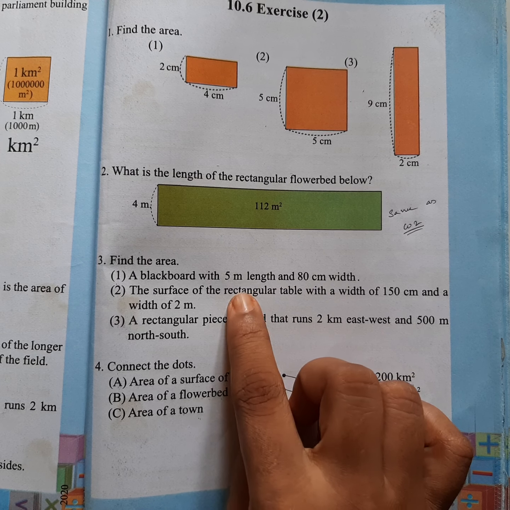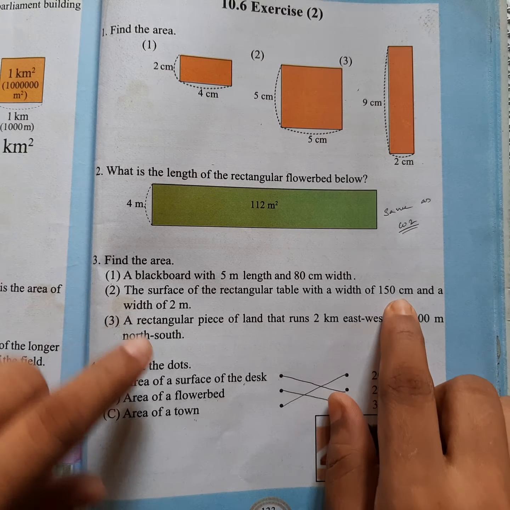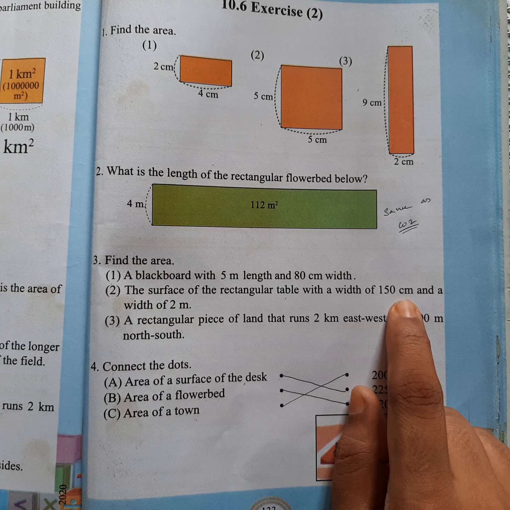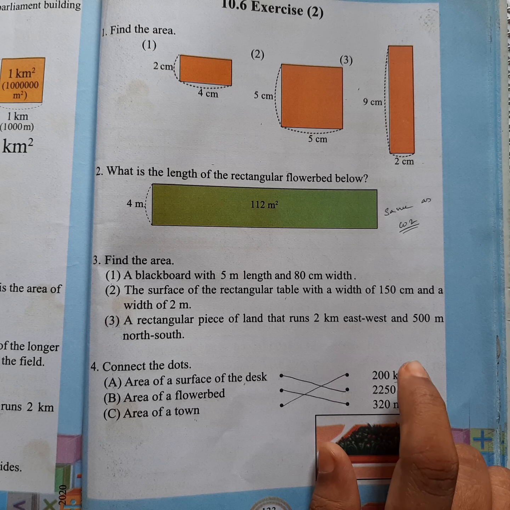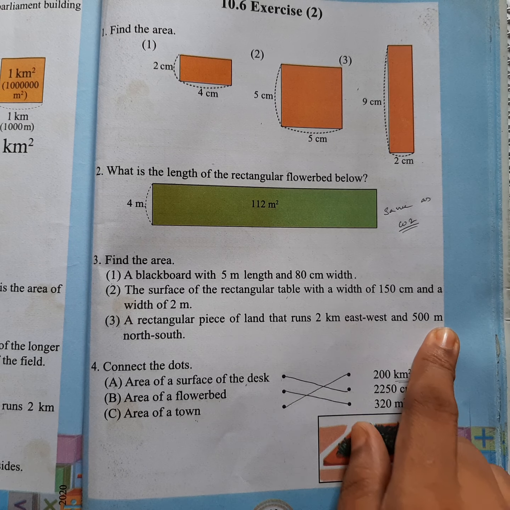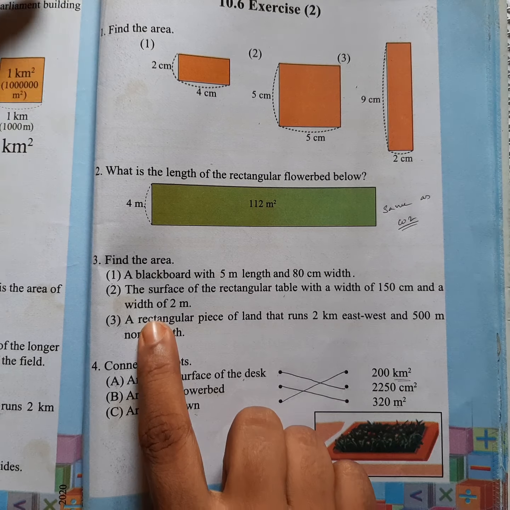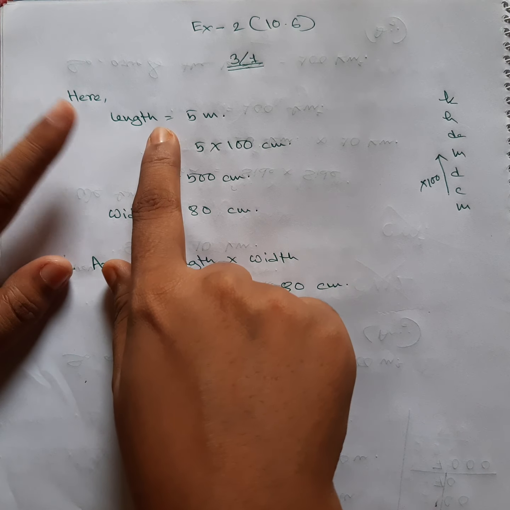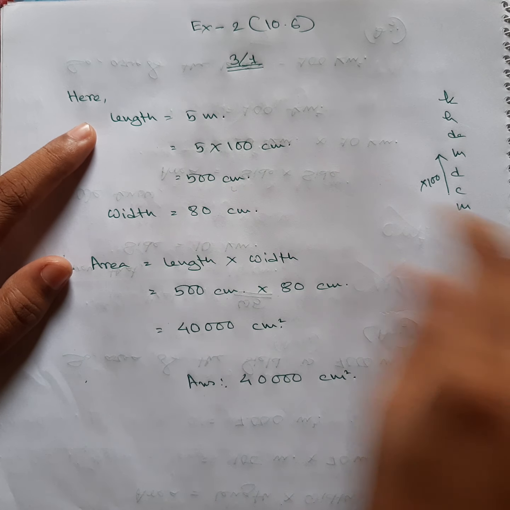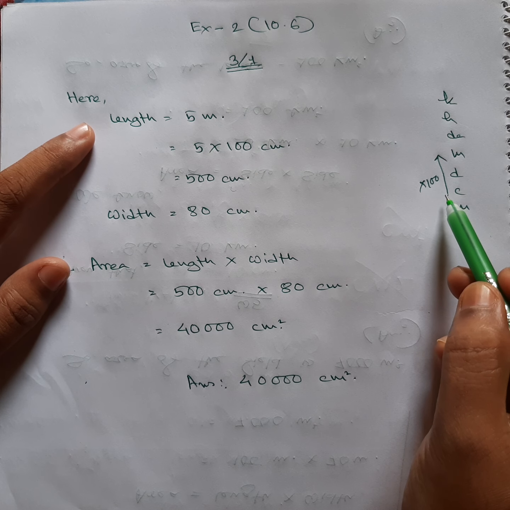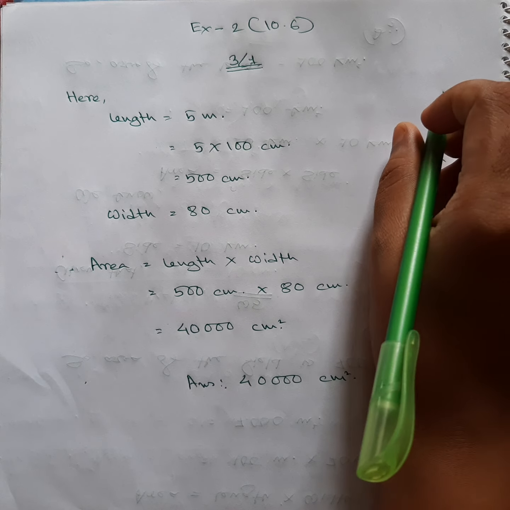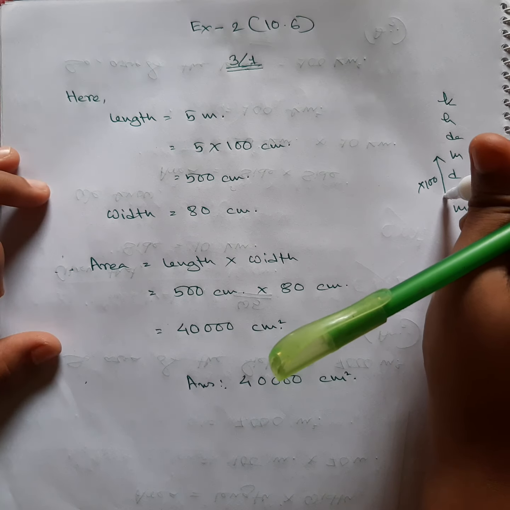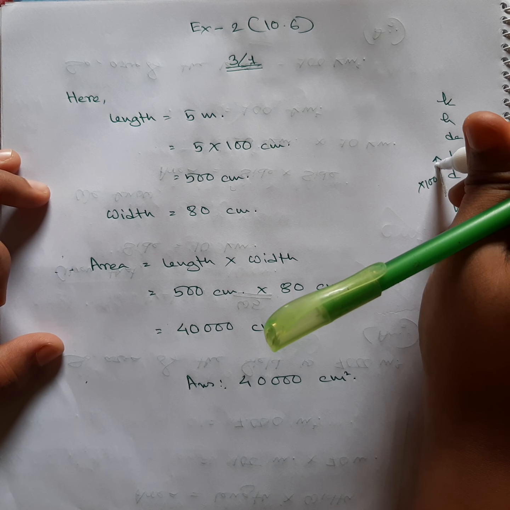Okay, so I have done this one also, 150 centimeter and 2 meters. So you need to convert it. How to convert it, I am going to show you, don't worry. And this kilometer into meter, so that you can do these two maths by yourself. You can see I have written down the length 5. For meter we are actually, oops, I have made a little mistake over here. Where was my head when I was doing math?